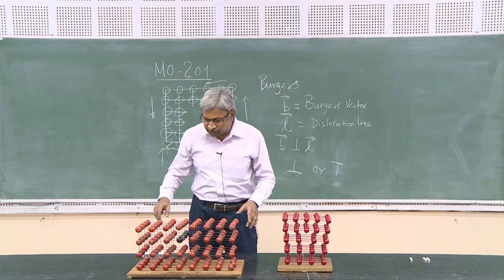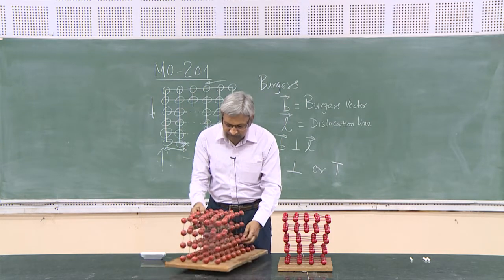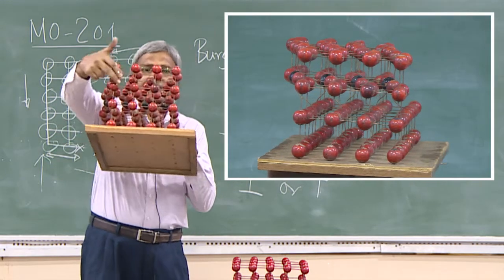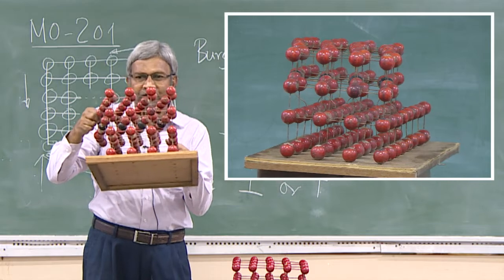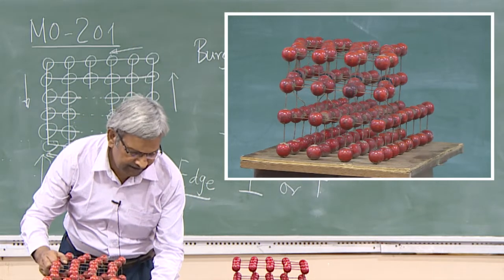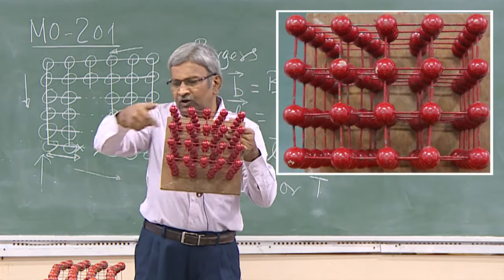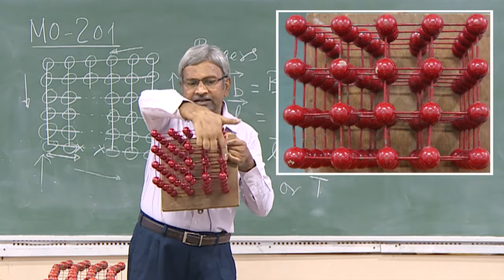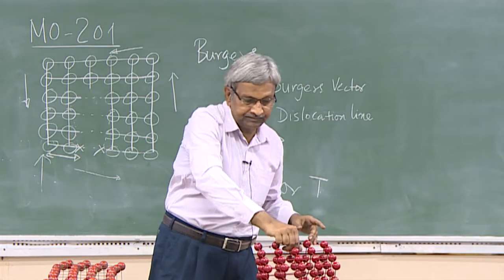Now, I am trying to show you another type of dislocation. Look at this face, I request you. This looks like a perfect one, totally perfect. It is just like this face. The only thing is that the color is a little bit faded, okay. It is just as perfect as this, okay.